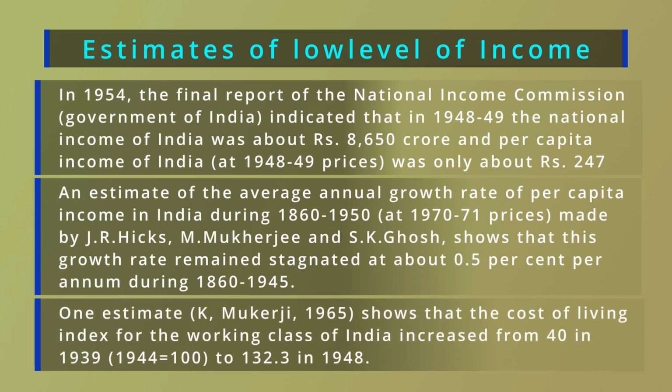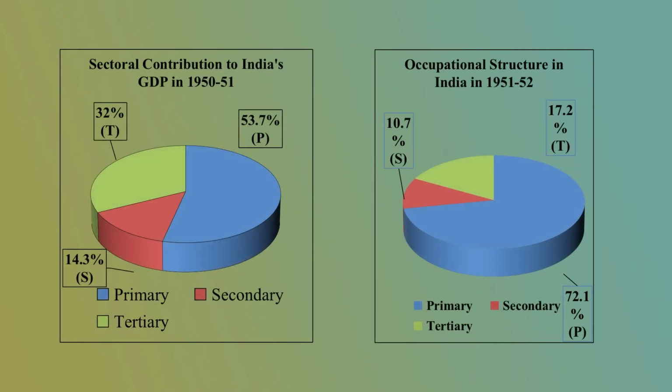Another estimate shows that the cost of living index was also increasing during that time period. So together we can well understand the living status of average people in India at the time of our independence. Now coming to the structural dimension of the Indian economy during that time period, if you look at the pie chart